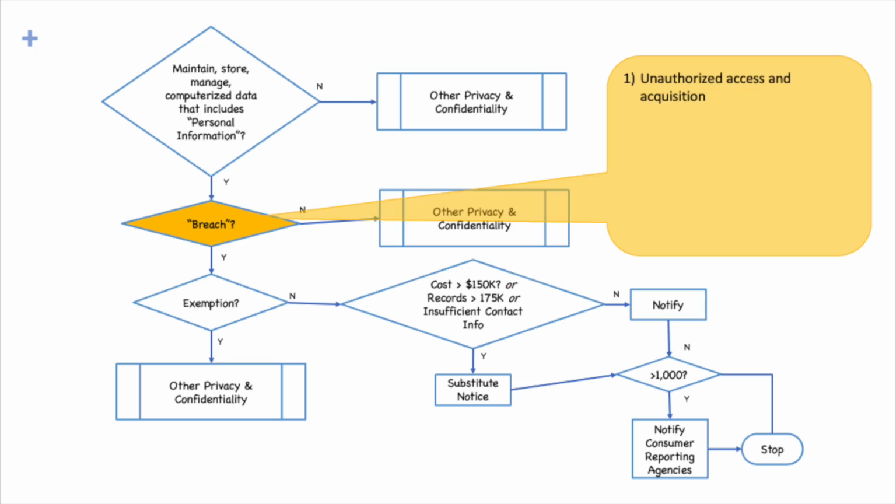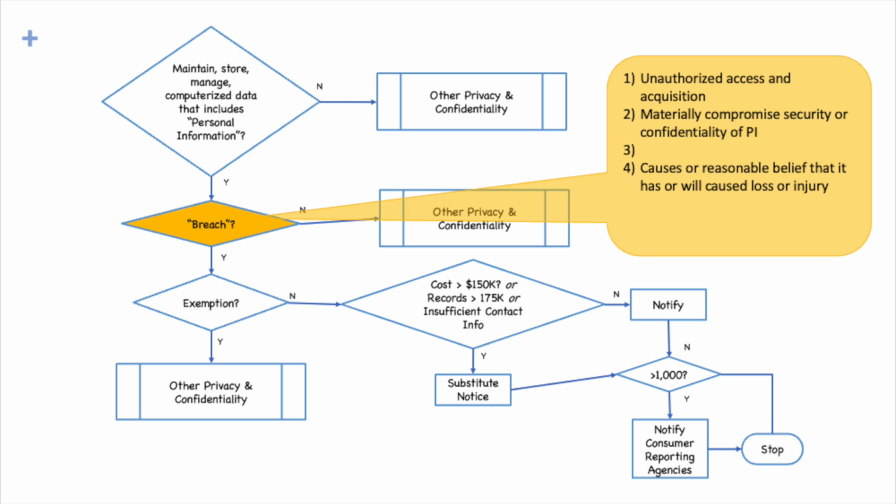First, the personal information must have been accessed and acquired without authorization. If it is merely accessed and not acquired, say viewed rather than downloaded, the Act is not invoked. An intrusion without acquisition is not a breach as defined by the Act, and therefore not subject to its reporting requirements. Now, requirements number 2 and 4, that the data compromised must be, quote, "material," and that it be reasonably believed to cause loss or injury, are both heavily fact-based inquiries and something to be explored with a lawyer with whom you're working on this incident.